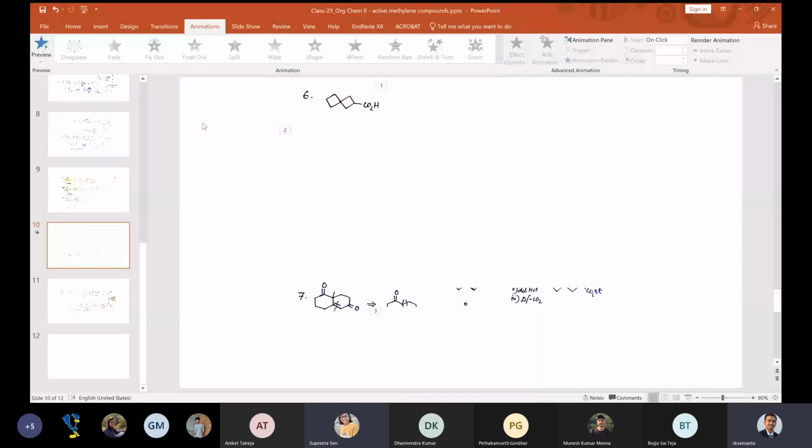So we can break it from the middle of the two squares, here, and we can have a ketone on one side and the methyl on one corner, and the alkyl on the opposite corner, okay. Yeah, to some extent this is correct. To some extent it is correct, okay. This is basically done in a stepwise manner. This cannot be done in one step, but in a stepwise manner.